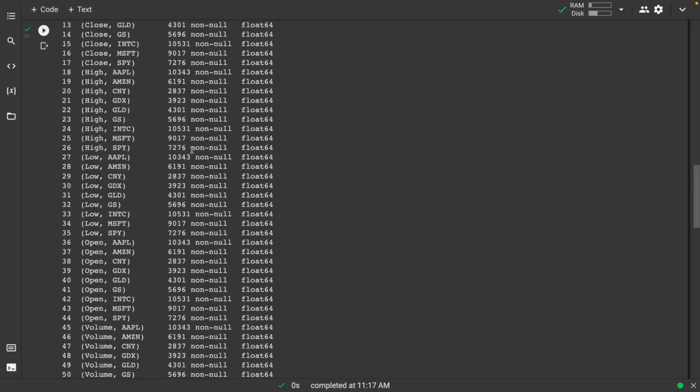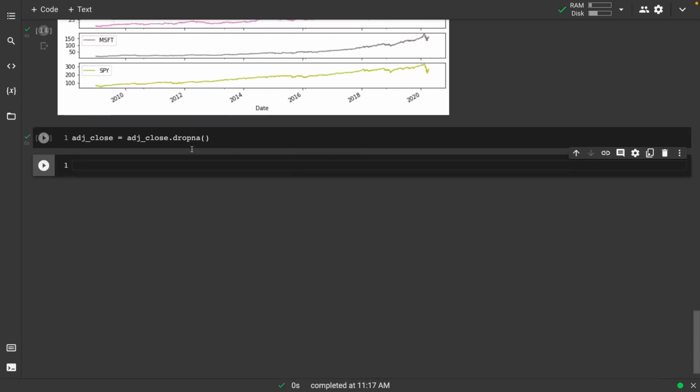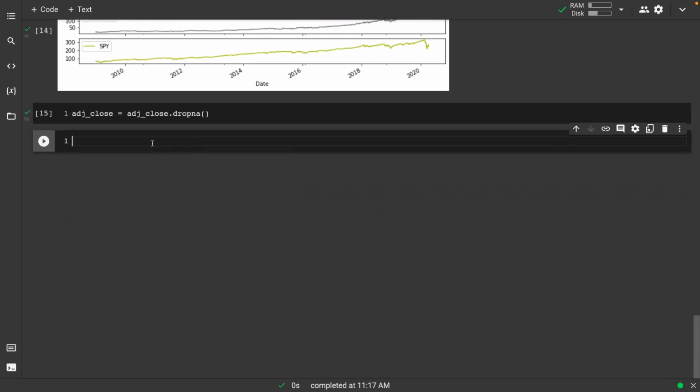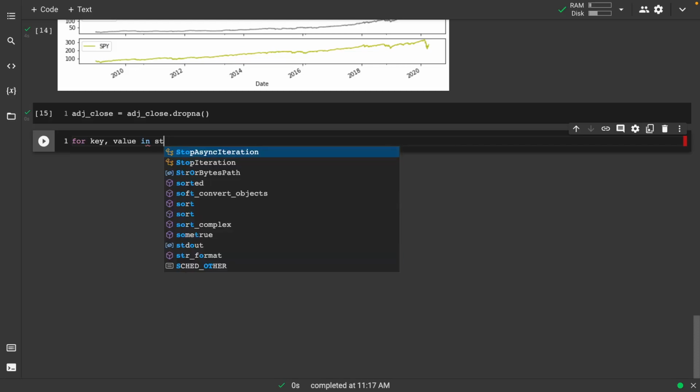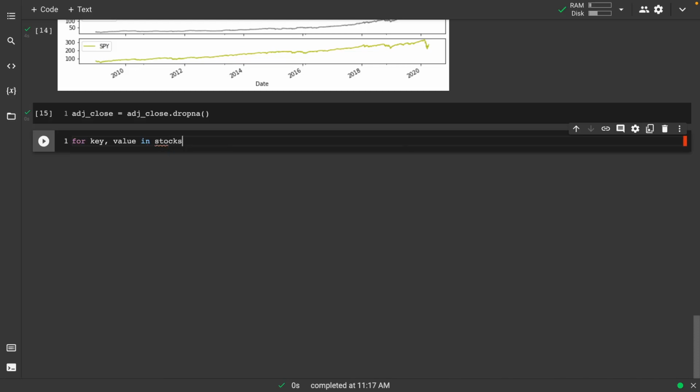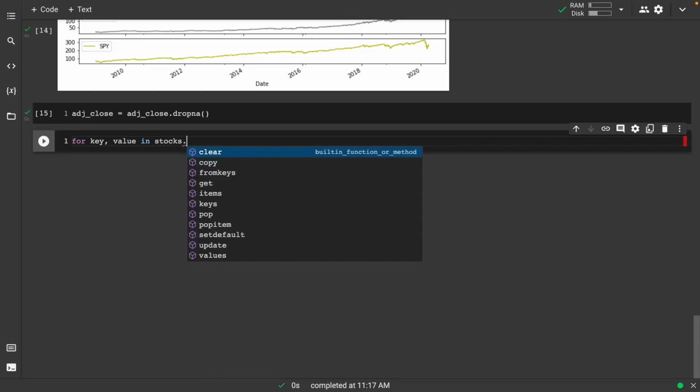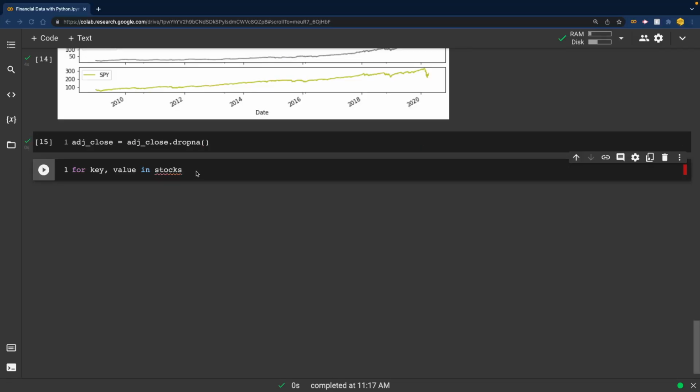So what we'll do is we'll take this dictionary that we created at the beginning, and we'll say something like for key, value in our dictionary, and it was stocks.items here,